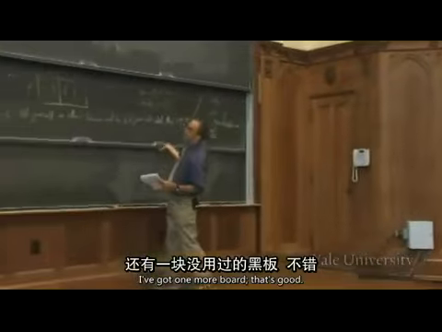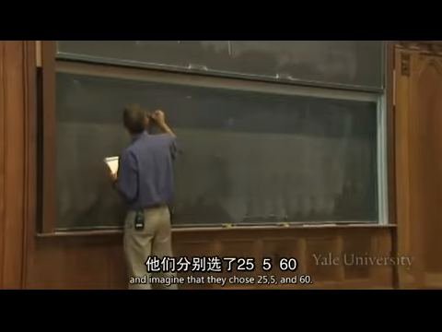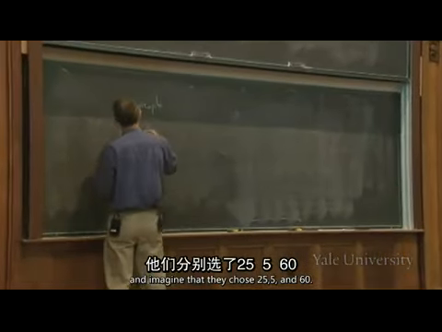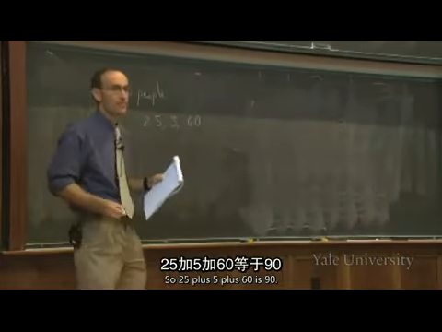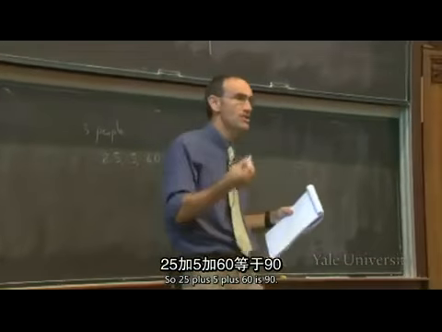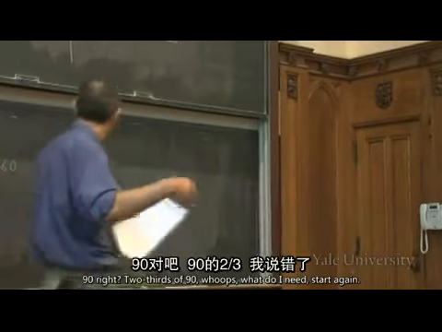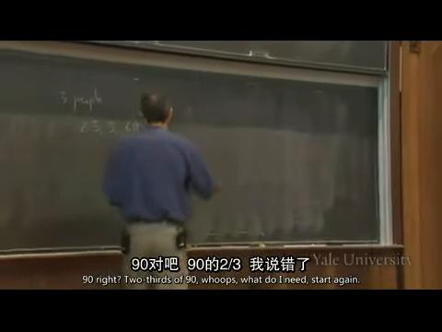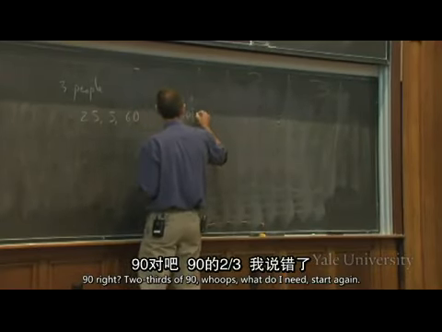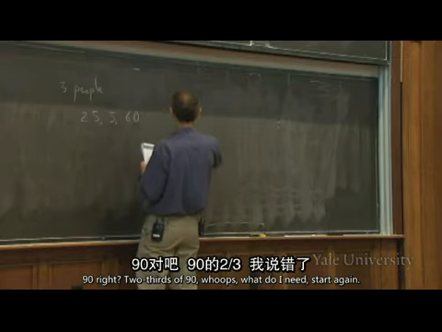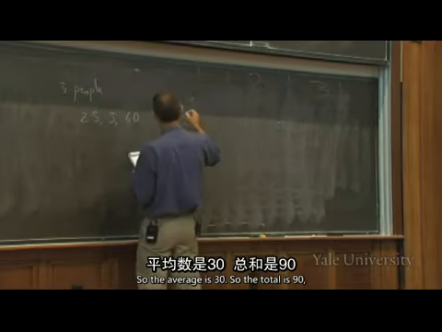I've got one more board, that's good. So imagine there were 3 people in the class. And imagine that they chose 25, 5, and 60. All right, so 25 plus 5 plus 60 is 90. People should feel free to correct my arithmetic because it's often wrong. 90, right? I need to divide it by 3 to get the average, right? So the average is 30,